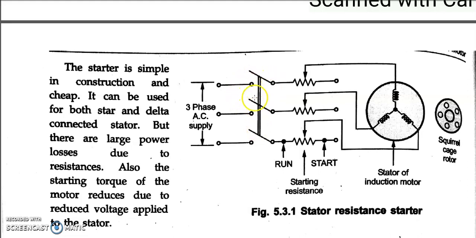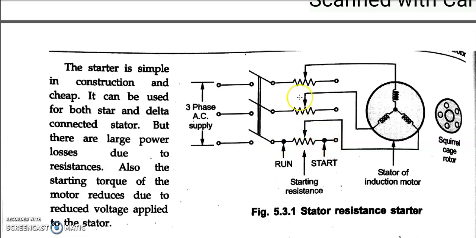You can see this is a triple pole single throw switch. After the triple pole single throw switch we have connected rheostats, smoothly variable rheostats. They are connected to the stator R, stator Y, stator B connections, if you take the phase sequence R, Y, B. They are easily movable from here to here. You can see they have given 2 points here. One is run, the other one is start.